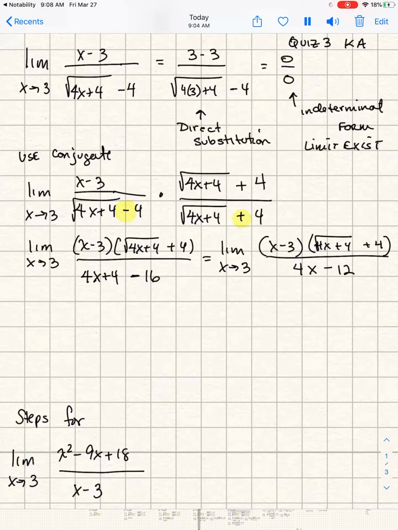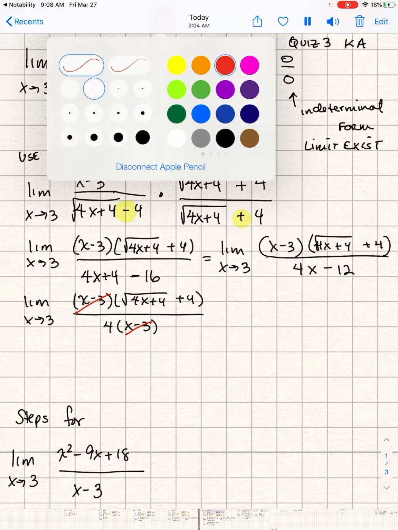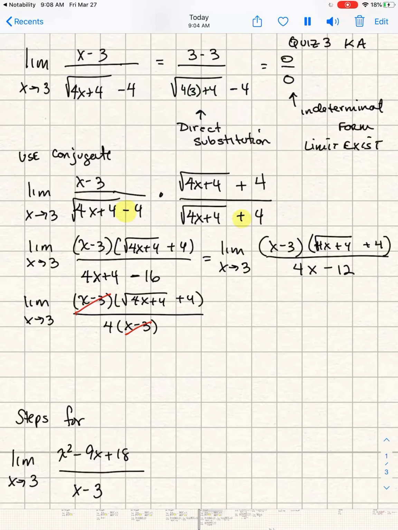If you notice here, I could factor out a 4 in the denominator, and I'll get that x minus 3, which is nice now because we could cancel out the x minus 3. And we are just left with